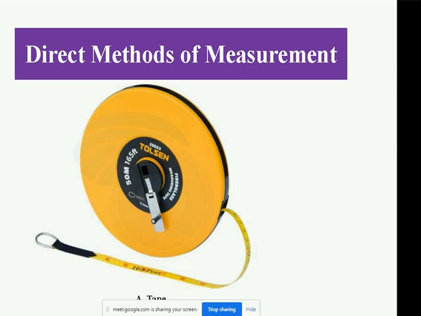So we can measure the distance with a measuring tape, or we can measure the length of a line with a scale. Whenever we measure a line with a scale on pen and paper, we get some error known as parallax error, and this error occurs due to human mistakes, due to improper position of the eyes when measuring or drawing the line. So a lot of errors will occur in the case of direct measurement.